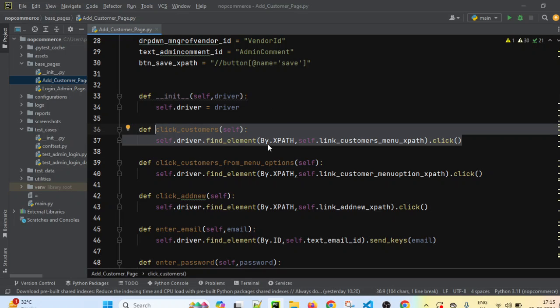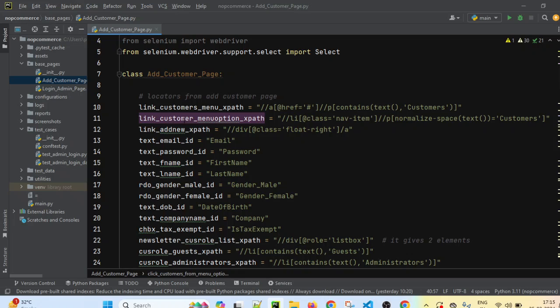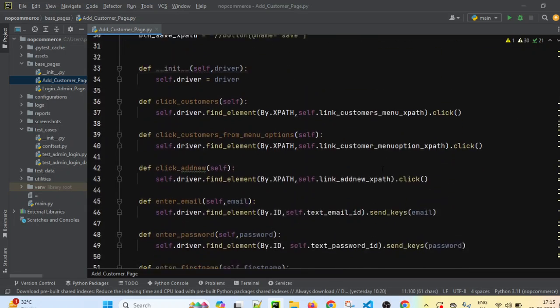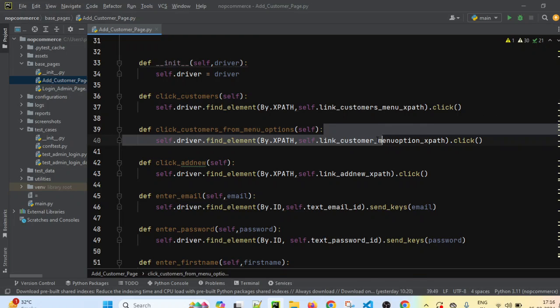Similarly, after that method, we have created another method that will click on the customers menu sub option. Here we are again using the second locator. So it will locate the second customer sub option, and it will click on it.